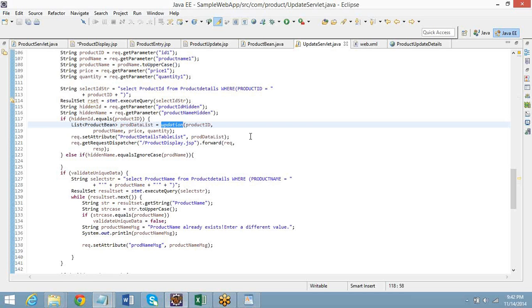The condition should not be like this. Product ID is not equals. Okay. In the 117th line number, after the if bracket opens, there press Shift 1.